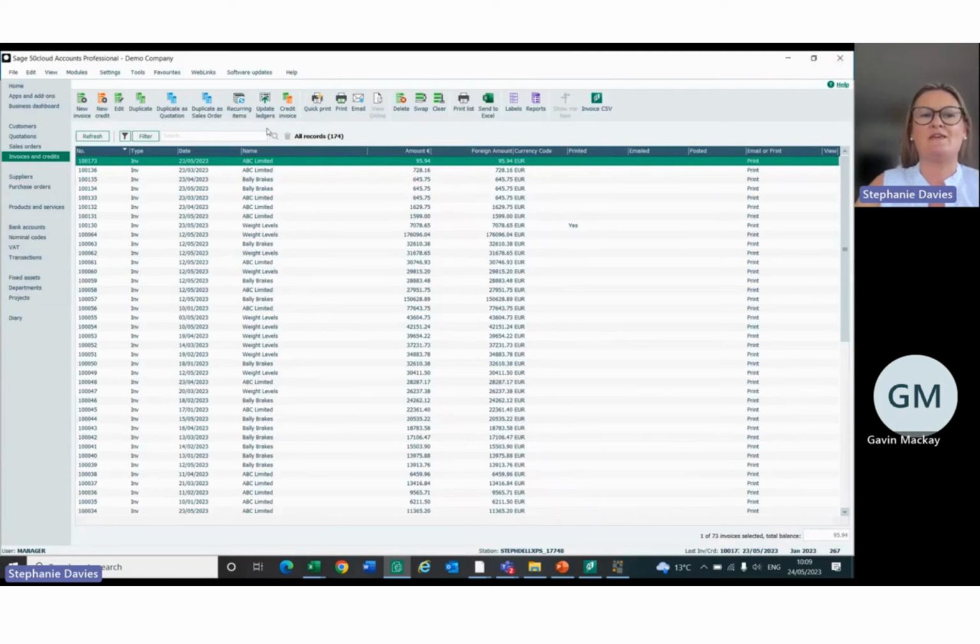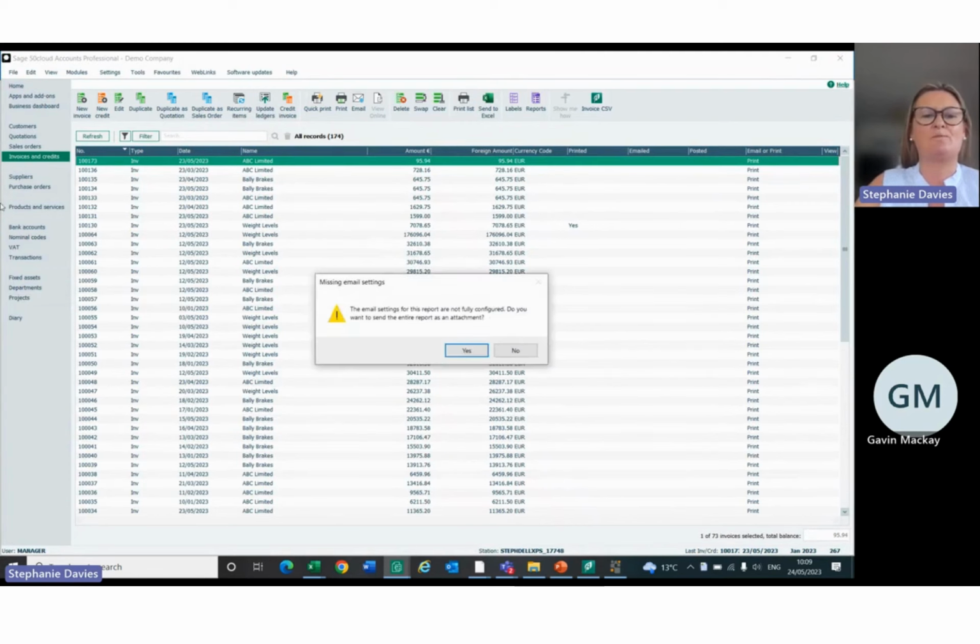And obviously I can email that through, etc. But if I just update the ledger for the purpose of this demonstration, we don't want to send the entire,